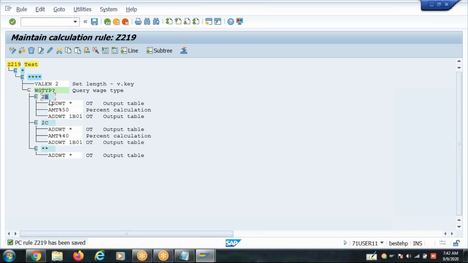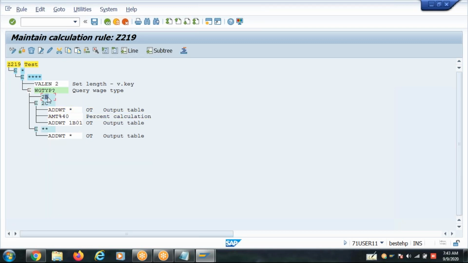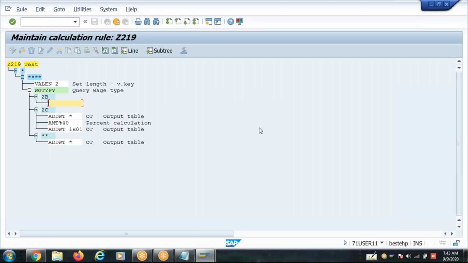Again, under this, you need to call when the PCR is incorrect. What do you have to do? The system creates an issue, then you need to look at this PCR, and then you need to call the waste type again.